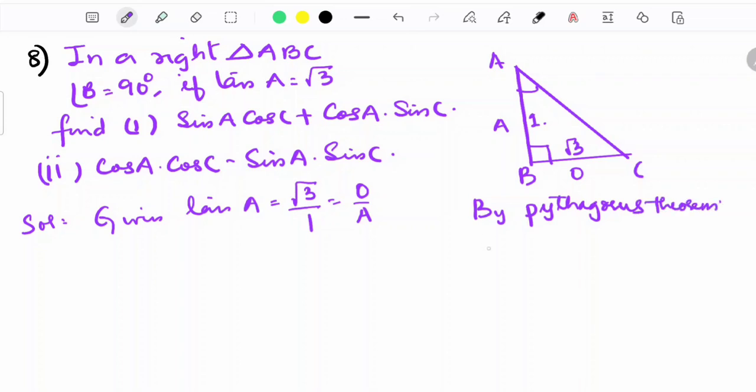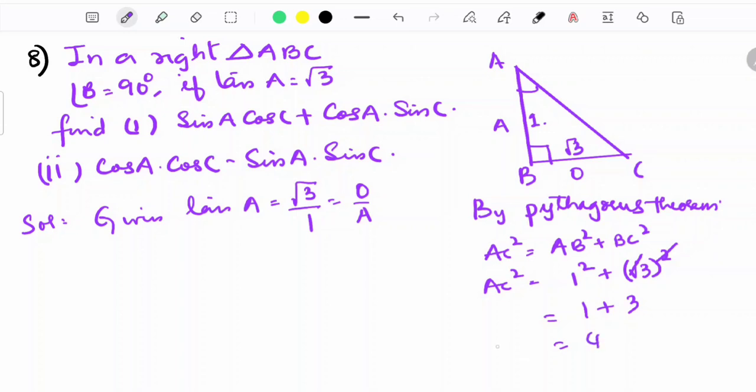we can say AC square is equal to AB square plus BC square. So AC square is equal to AB is 1 square plus root 3 whole square. So that gives me 1 plus 3, the square root gets cancelled, that is equal to 4. So I got AC square is equal to 4, AC is equal to root 4 and that is equal to 2. So I got AC as 2. Now